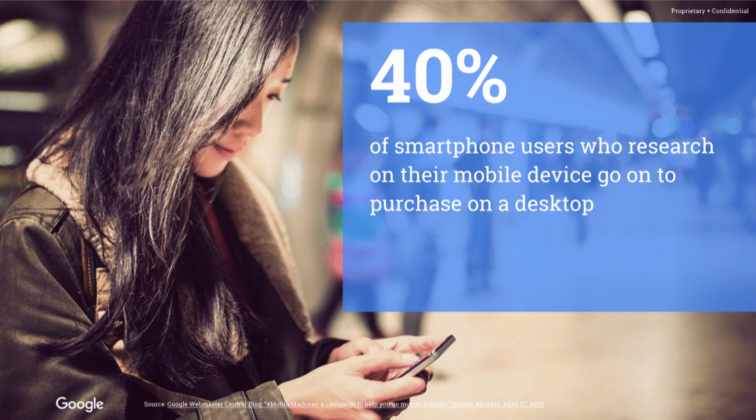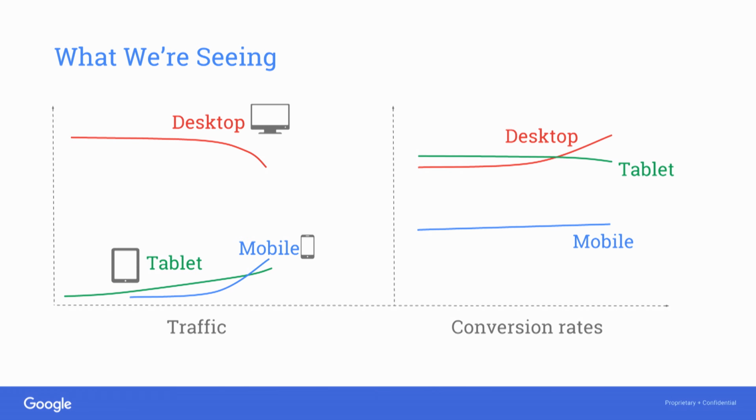Great. So about 40%, right, of smartphone users who research on their mobile phone prefer to go on to purchase on a desktop. So that's a pretty high number. Again, high. Just with attribution and cross-device, we're probably not going to see that big of an uplift. So we know that there's more going on than we can accurately measure perfectly. But then when we look at trends overall, we see what we've been talking about. Mobile traffic increasing, desktop traffic stagnant or going down a little bit.